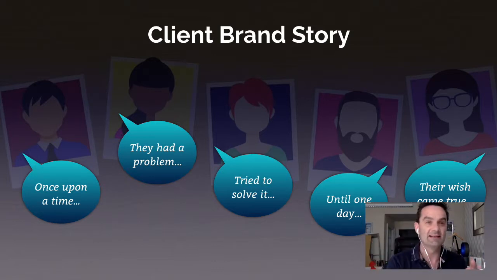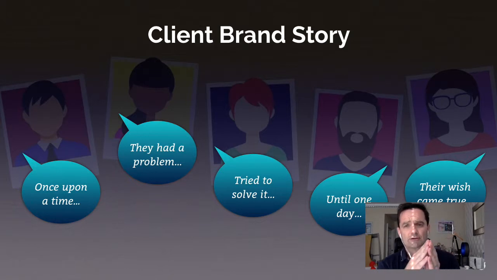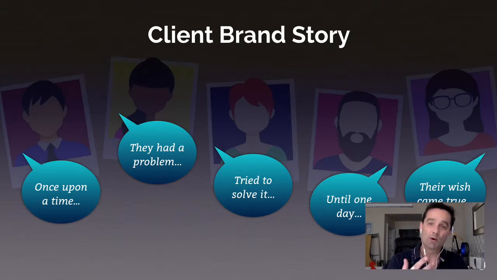To give you an idea, if you go step by step, this is a classic storyline thread that you've probably seen in movies and books. It starts off with, once upon a time, there was a character, your customer, the hero, who wants or needs something as a desire, but always had this problem. So they tried to solve this problem themselves and wished that they could find a solution. One day, a guide comes along, that's you,